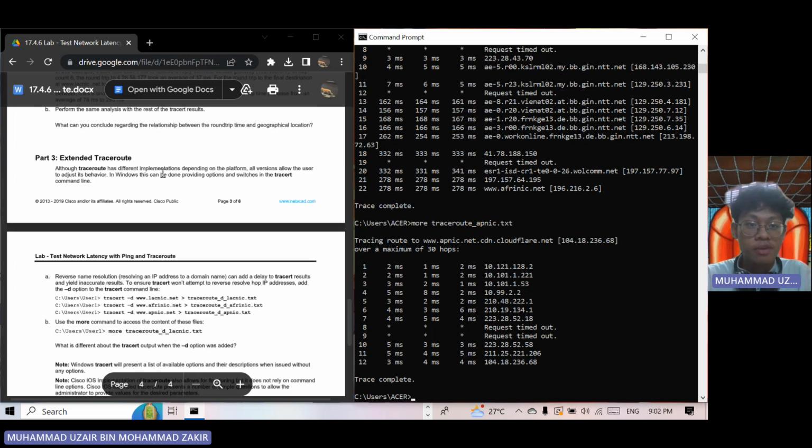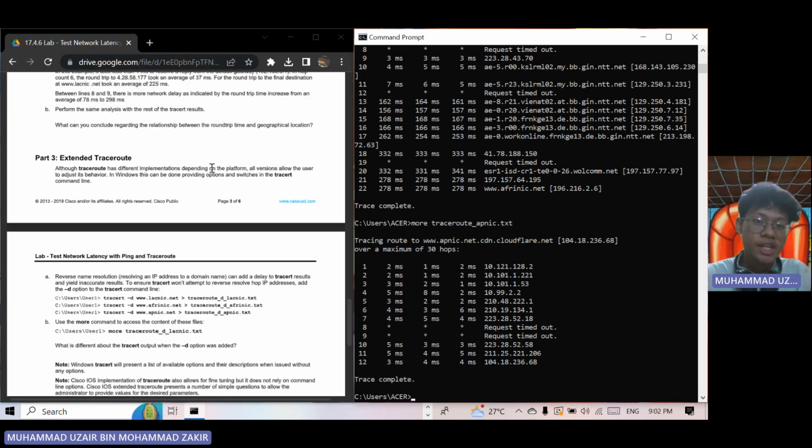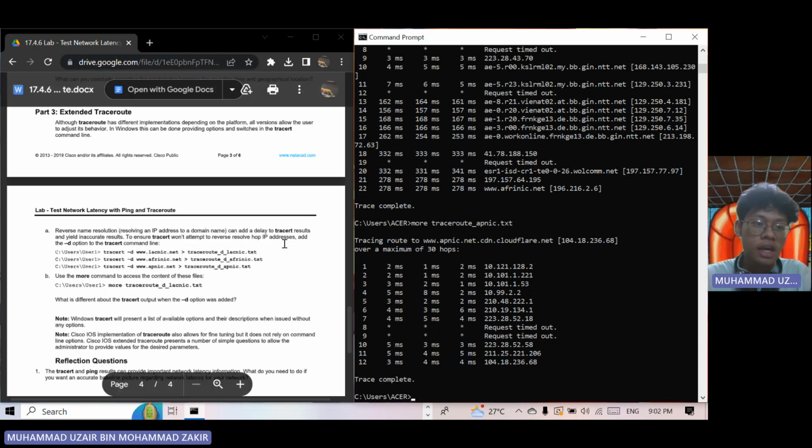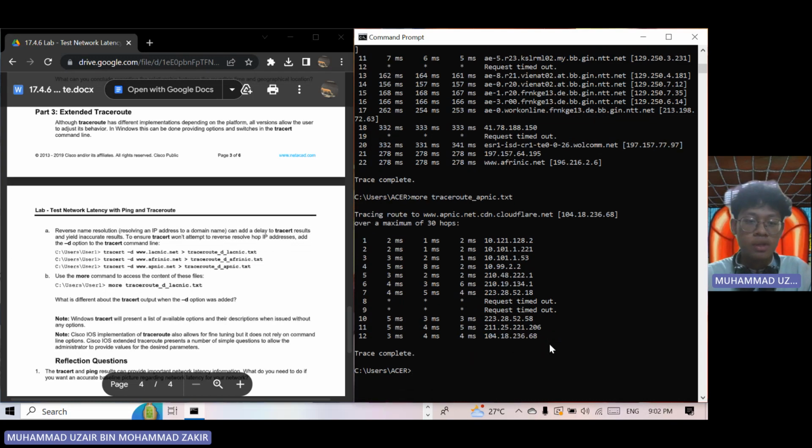Although Traceroute has different implementations depending on the platform, all versions allow the user to adjust its behavior. In Windows, that can be done by providing options and switches in the tracert command line. Reverse name resolution, resolving an IP address to a domain name, can add a delay to the trace result and may yield inaccurate results. To ensure the result won't attempt to reverse resolve the IP address, add the -d option to the tracert command line. So we try to reset